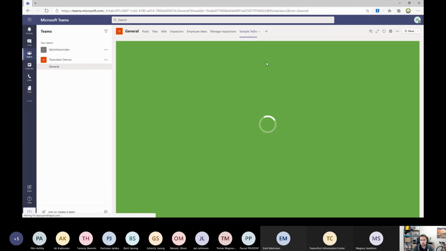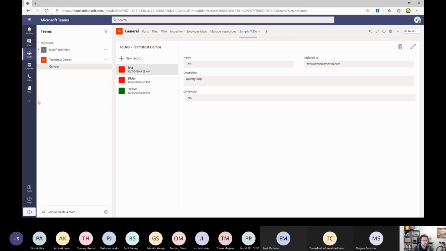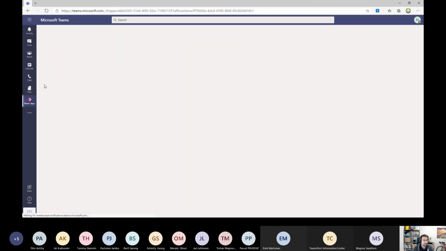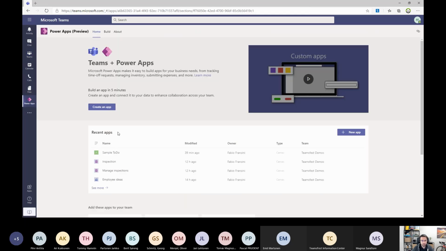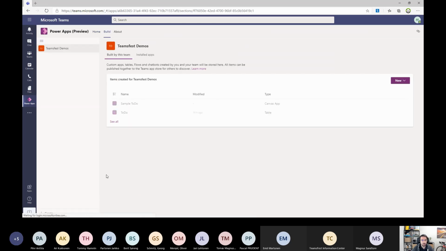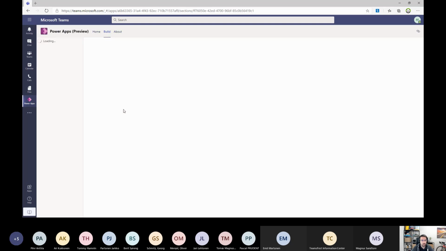So I want to change the sample to do application. I need to go back to the Power Apps, and then, for example, click directly on sample to do, or if I want to go deeper inside the list of applications and tables, I'm able to click on the to do to change the table layout.